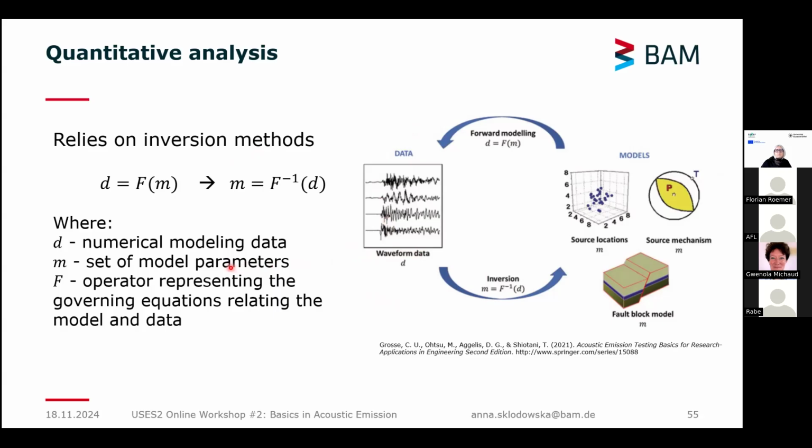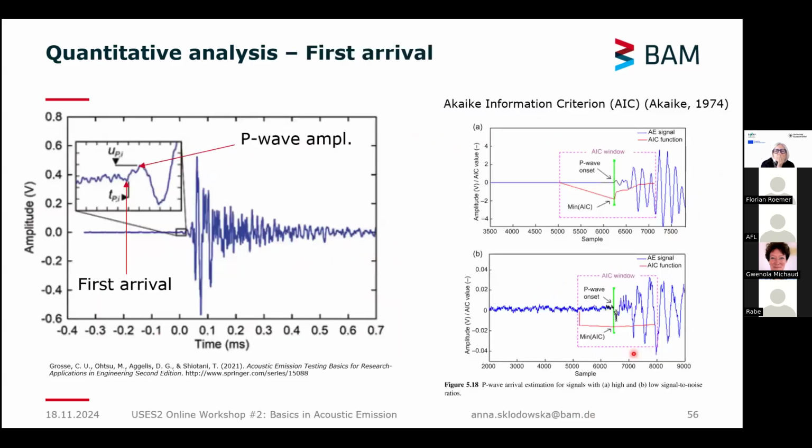So this is what we have. In the inverse problem, we have a model. A model is assumed to approximate the physics of the problem, and the model parameters are determined from the data. So this is the idea. I will not go into details with this, but just to give you the overview.